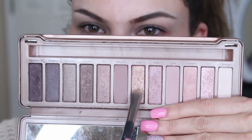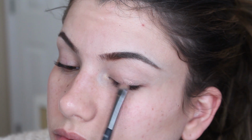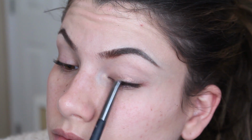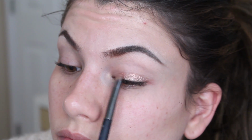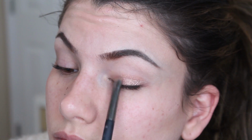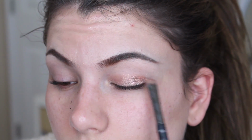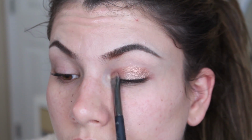We're going to start off taking this flat top brush and picking up Trick, which is a beautiful rose gold color, and applying this starting from the center of the lid, working our way inwards and then working our way outwards. I am packing on about 3 layers of this just because I want it to be really vibrant and colorful. Also, I'm going to be putting this into the crease as well, because what is really cool about this